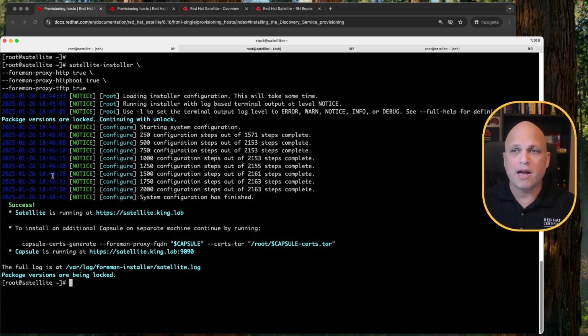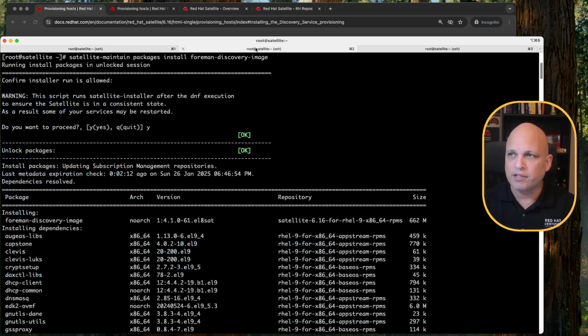If you try this kind of implementation on your side and you do not see this one here, don't keep going, because at the end of the day, something is failing. So you need to fix what is failing before you keep going. Okay, I have this one finished. The next command that I ran was this guy: satellite-maintain package install